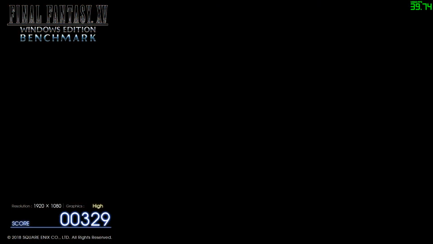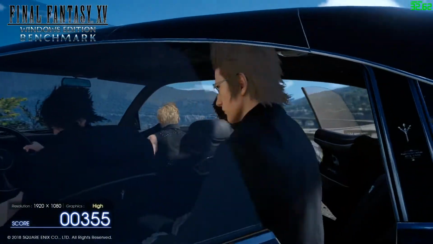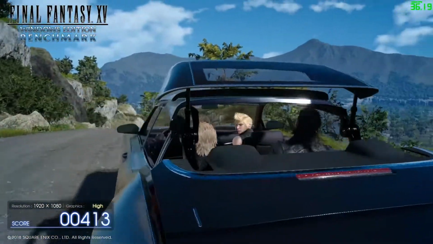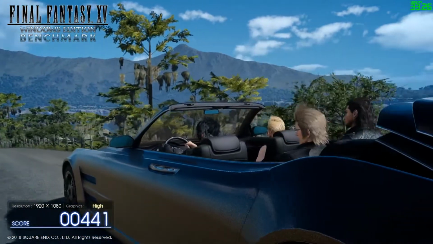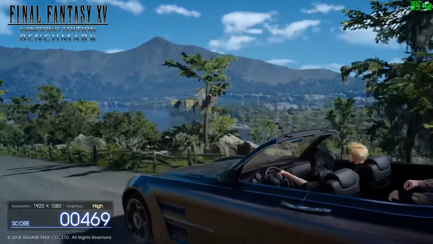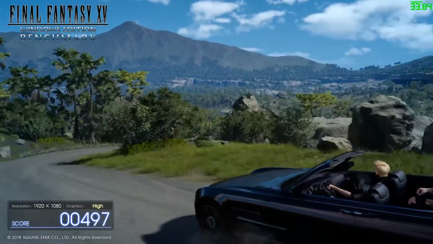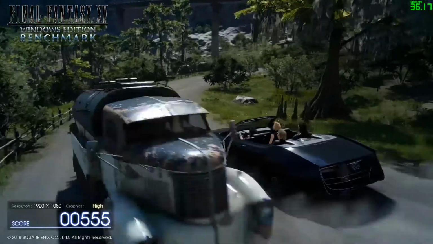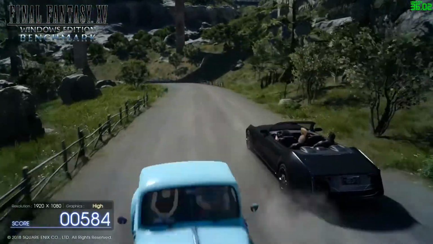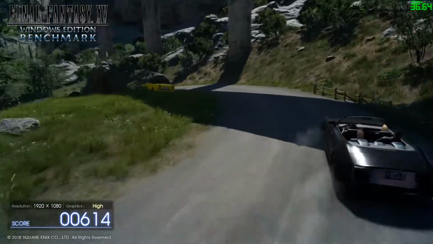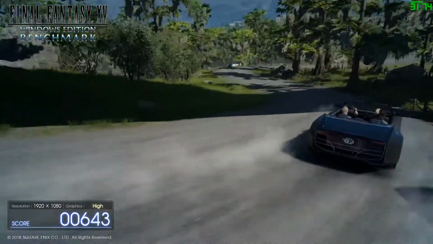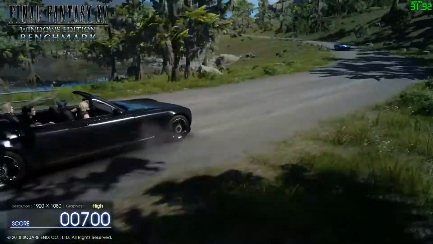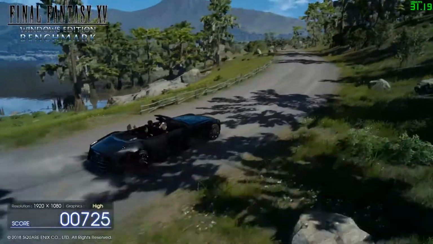Now, is this being affected by my recording software? Maybe a slight tad. I already checked it out myself, and it looks like it didn't really affect it that much, but just keep that in mind as well. I am using OBS to record, and it's possible that it may cause minor dips, but overall there is a big improvement. You'll see it yourself throughout the run of these benchmarks. Now the benchmark is going to last, I want to say, at least 8 minutes or so, give or take. I could be wrong, but